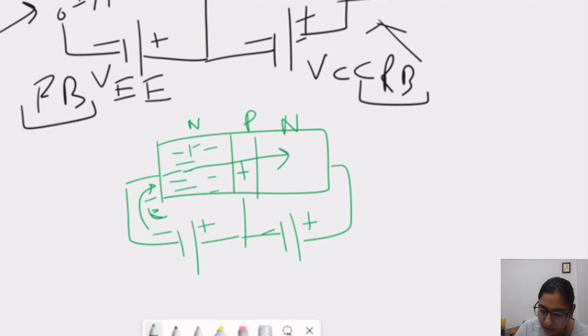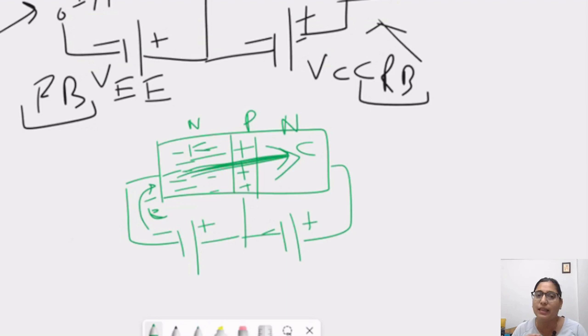This is our emitter and this is our collector junction. So what will happen, a few electrons will combine with holes in this junction, and most of the charge carriers will flow towards the collector region. Why so? Because here the doping is very light. If doping is very light, it means a very small quantity of holes are there. So with the process of recombination, only a few charges will recombine, and most of the charge will travel towards the collector. So this is the flow of electrons.